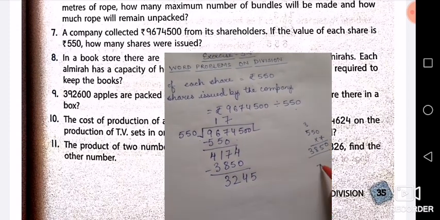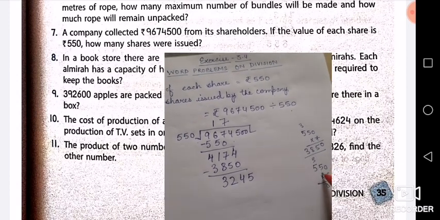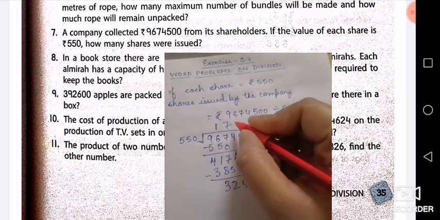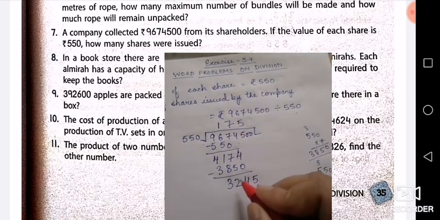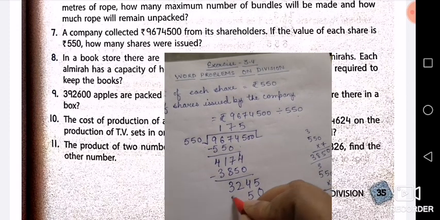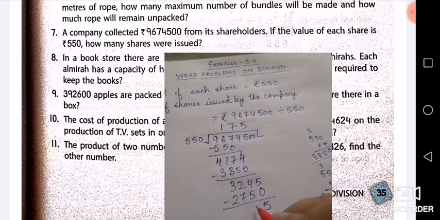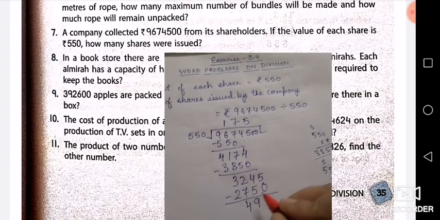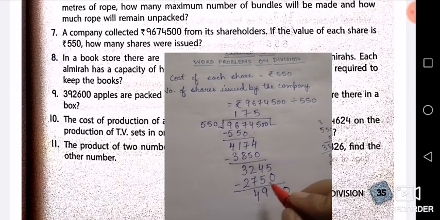Now it will go near about 6. So 6 fives are 30, 33. No, so it means it will go on 5. So we'll do it with 5. 5 zeros are 0. 5 fives are 25, 2 fives are 25, 26, 27. Do the subtraction now. 14 minus 5, 9. And then 1 will be left here. 11 minus 7, 4. Now what will get down? After 5, 0 will get down.